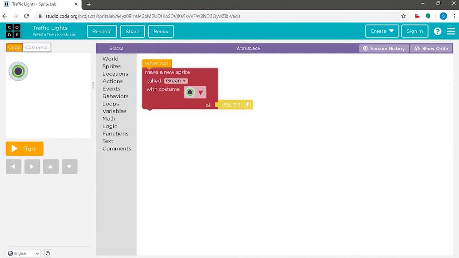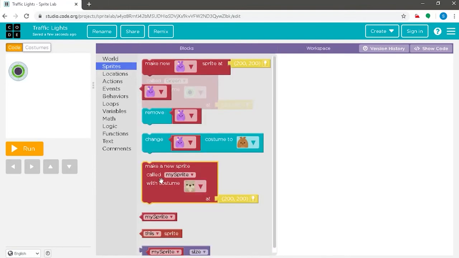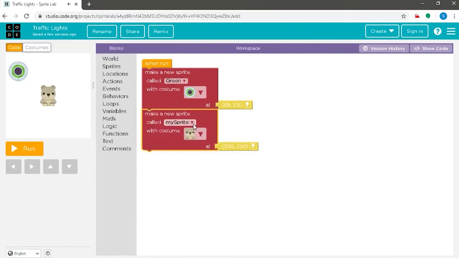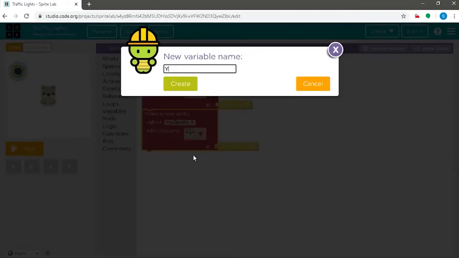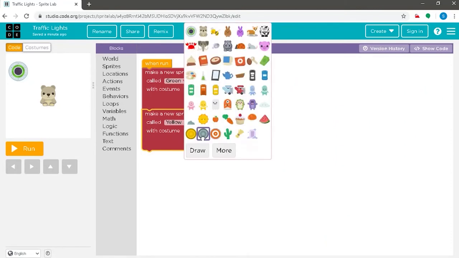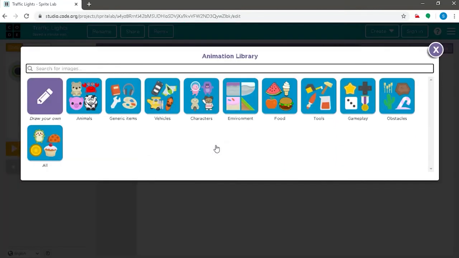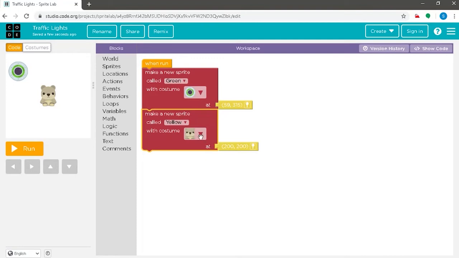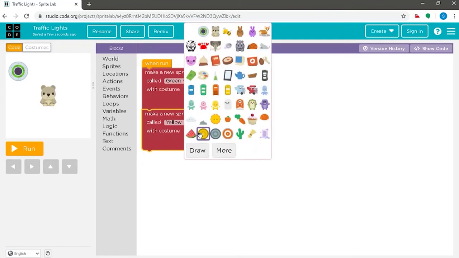For creating the yellow light, we will again go to Sprites, drag make a new sprite, assemble it, rename the sprite to yellow, create it, change the costume by going to more, to gameplay, selecting the UFO yellow and again selecting it here.